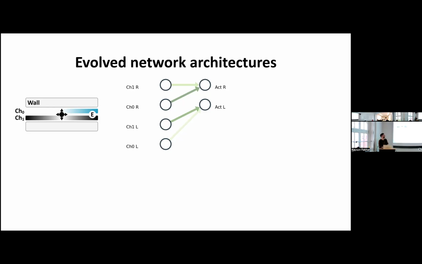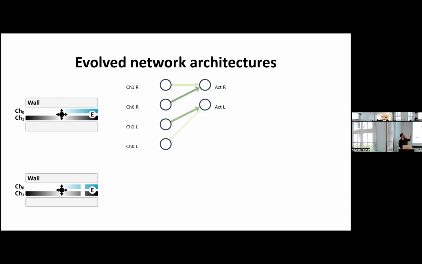On the right-hand side of the screen are the outputs for the network, which in this case are just move left, move right. And obviously, the way this task is set up, the optimal algorithm is just to have positive weights connecting these, right? So now, if we move on to this more complicated task with the gap,